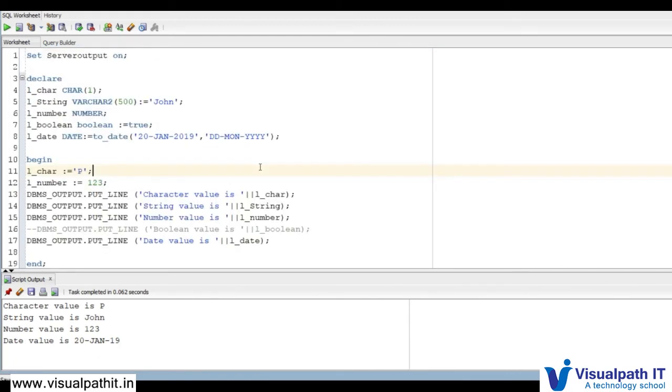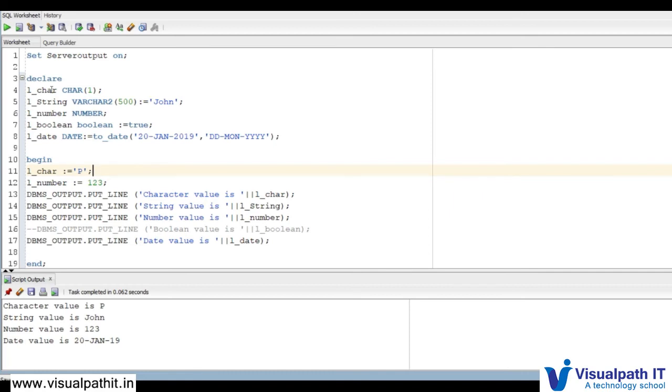So in this way you come to know about two parts. In the declarative section, not only can you declare variables, you can also assign some values or initialize those variables in the declarative section itself. But if you haven't done it in the declarative section, you can also do the same in the execution section.